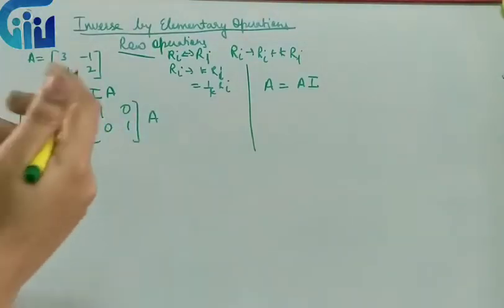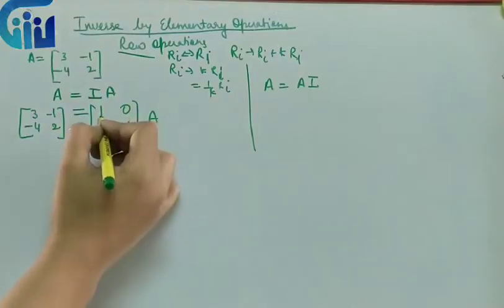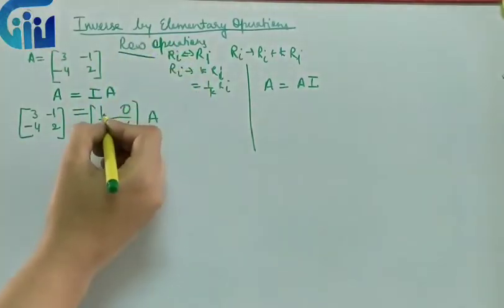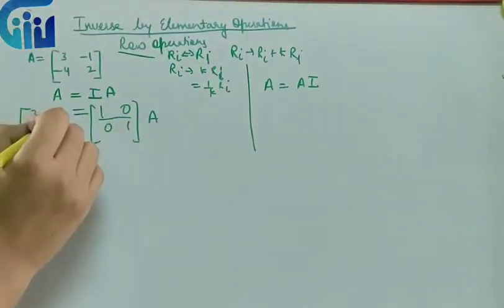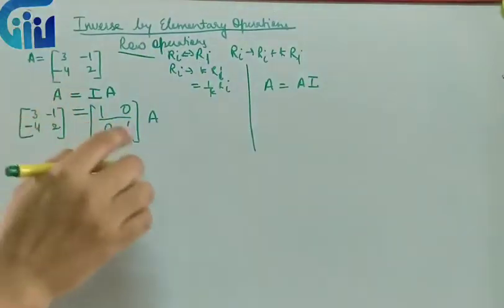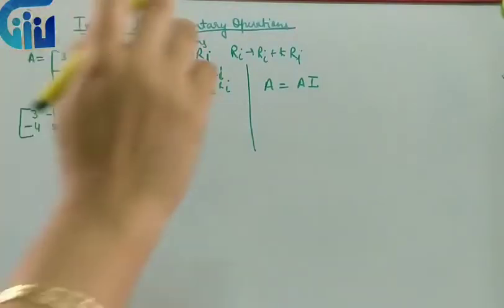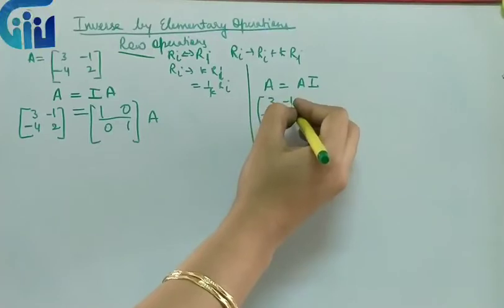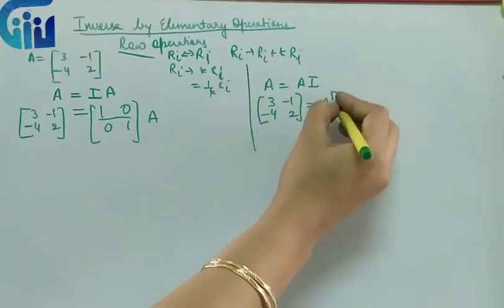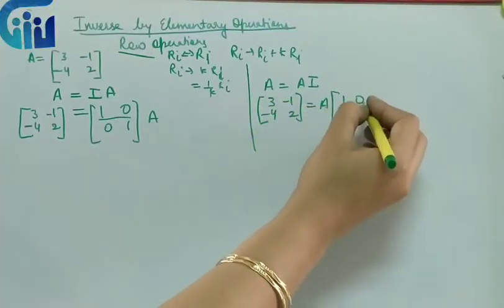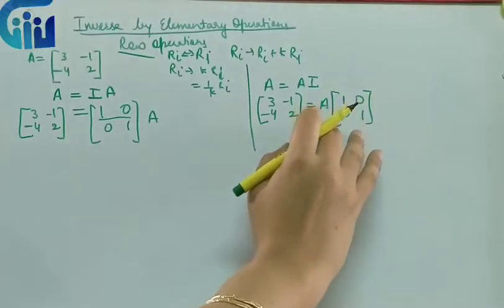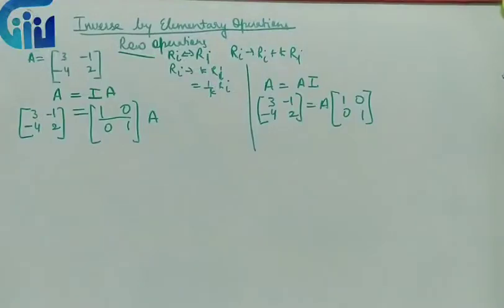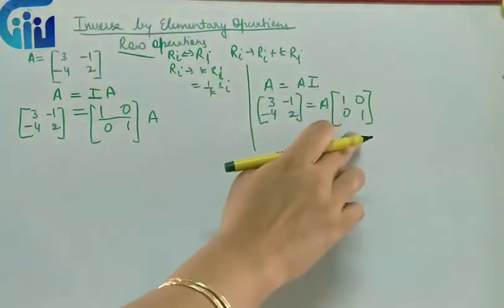Now, try to recall. When we multiply two matrices, we multiply the row of the first and the column of the second. So, if I am making changes in the rows, the rows of the product matrix will change. That is why we write it as I into A. Similarly, over here, I will write it like this, so A will be here and I is here. If I am going to apply column operations, the columns of the second matrix will change and hence the columns of the product matrix will change. That is why we write it here like this.